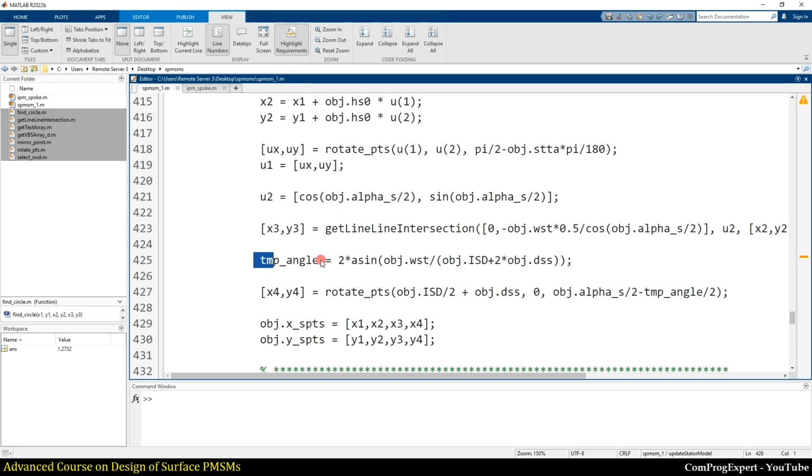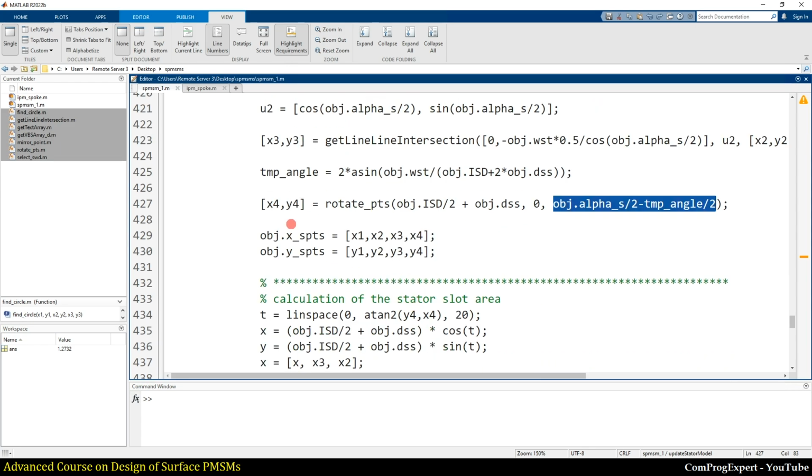If we rotate this point equal to alpha s divided by 2 minus TMP angle divided by 2, we can find x4 and y4.